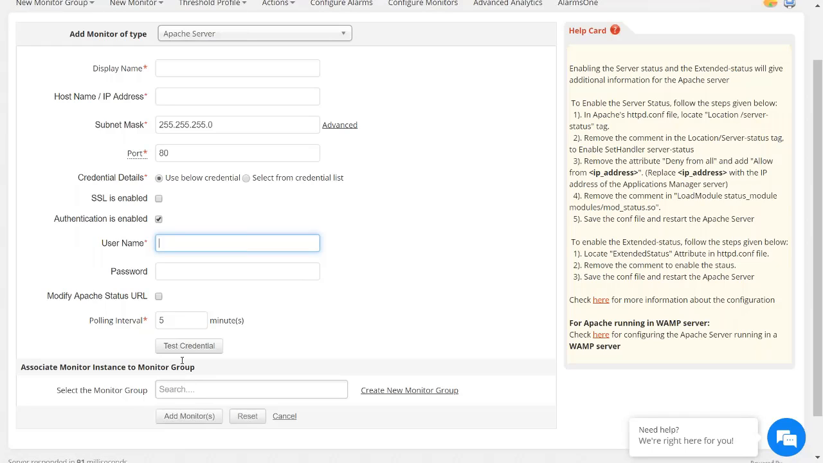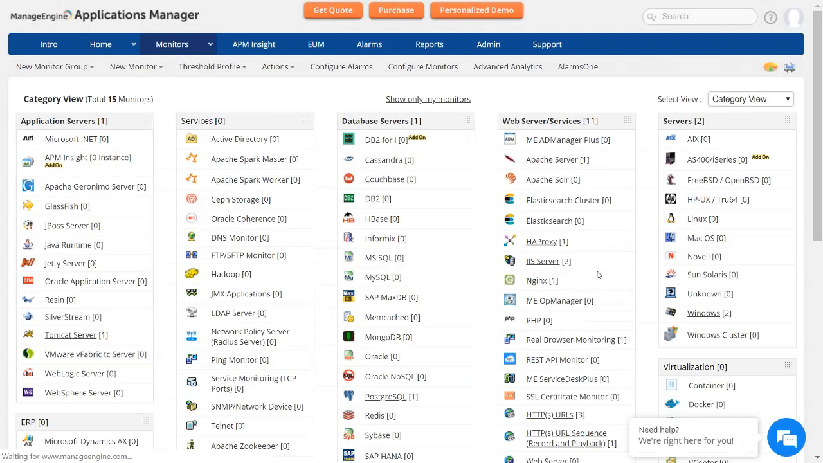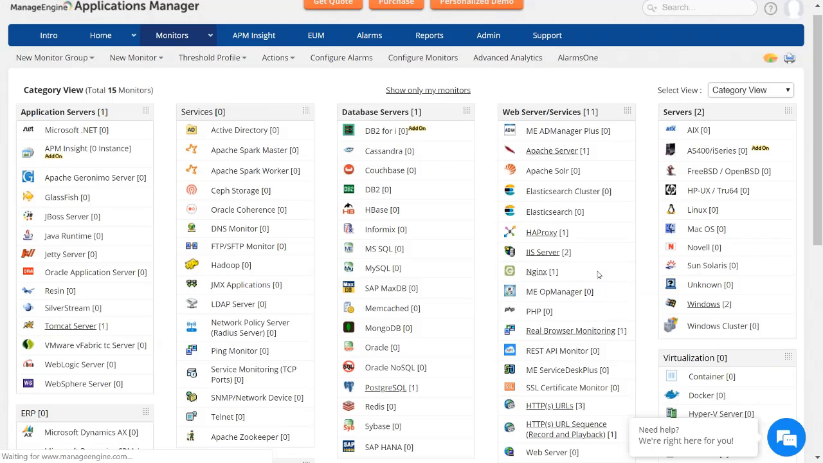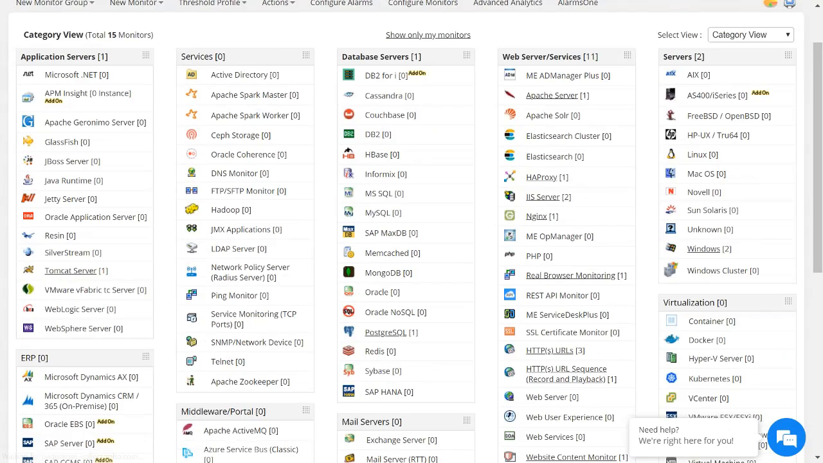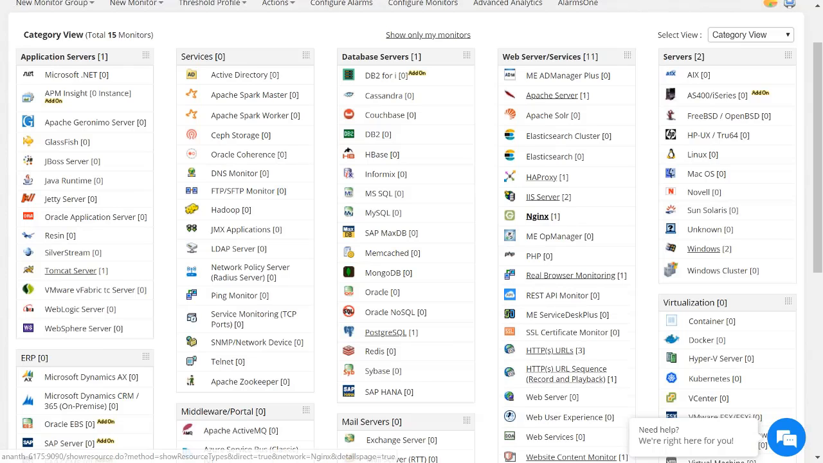So by using the simple step, it is quite simple and straightforward to add your Apache server. Once it is added, we discover the Apache server and we start monitoring it right away. So let me show you how the data looks like after the discovery process. So let me take you to one of the Apache servers which I have added earlier, and let's discuss